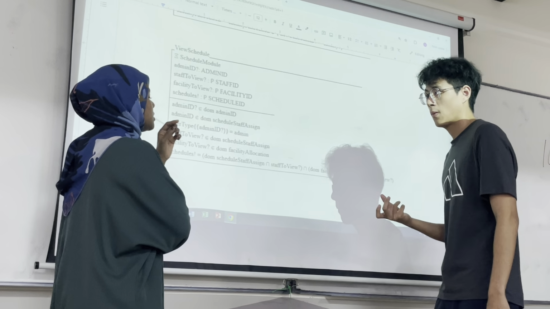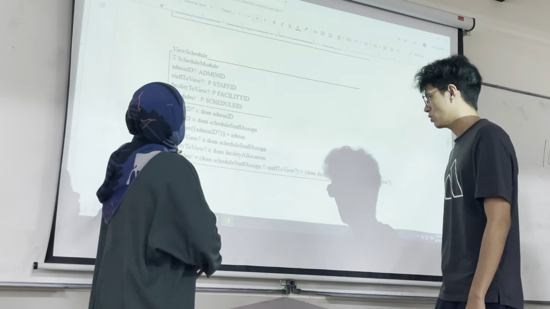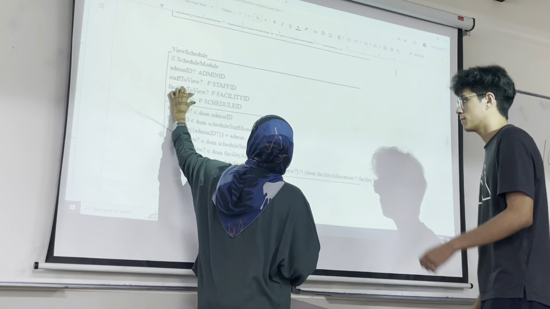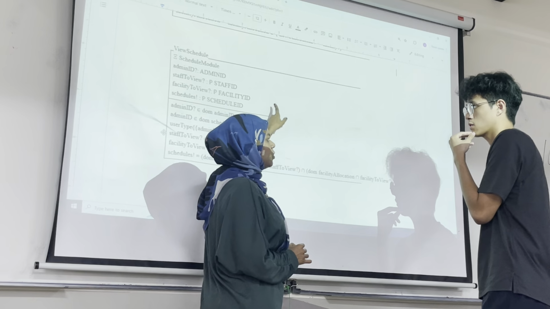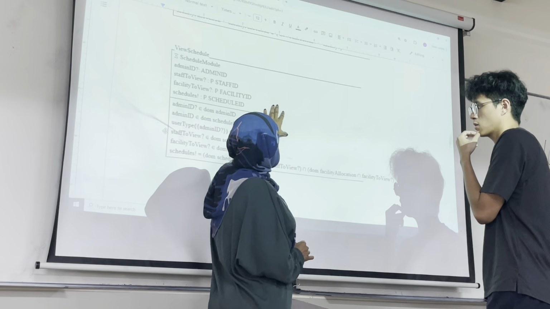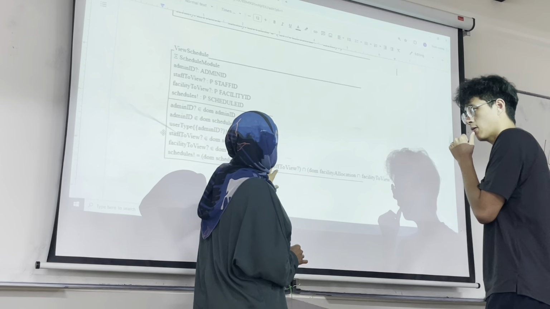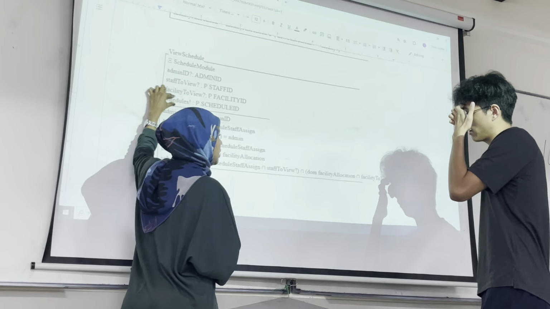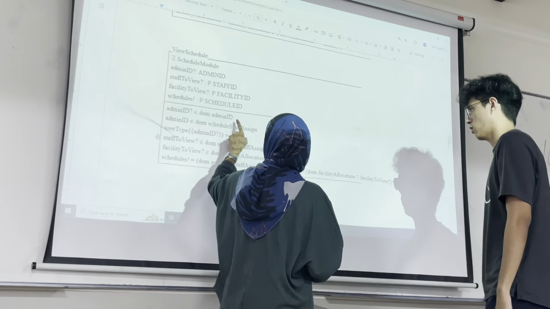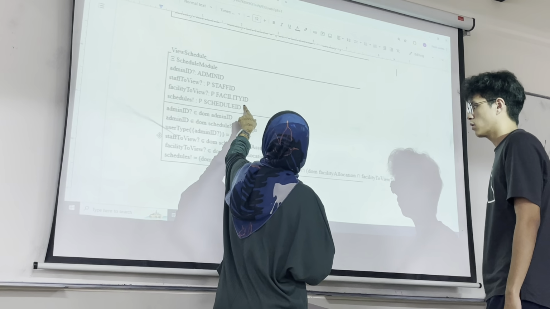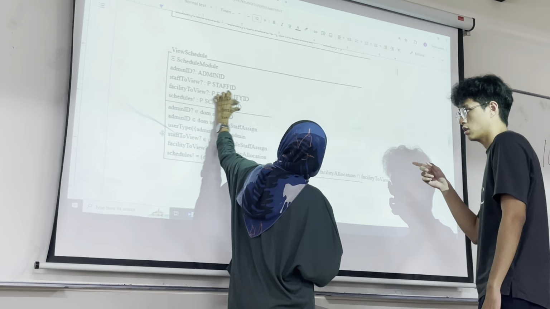Why are you using intersect now? That is my question. Are you trying to declare them here? The example given by Miss Azru using the product, are you wanting to do something like that? Where your output already has the declaration on the top here. So it means you want to display the schedule ID, product, maybe with the staff ID and facility ID. So you need to declare it on the top here,